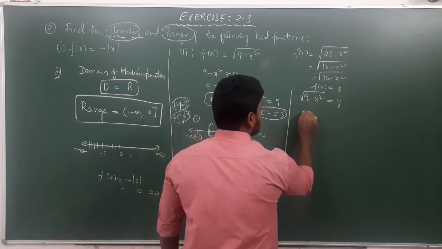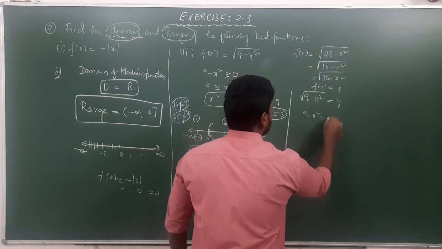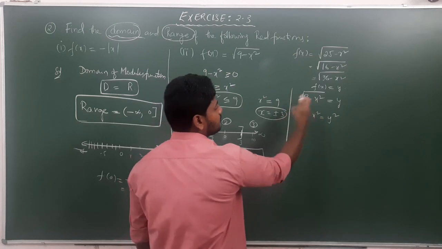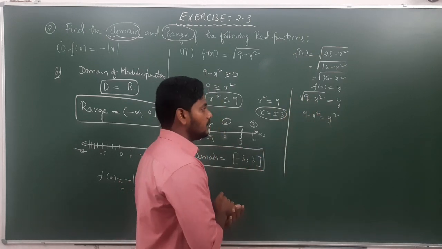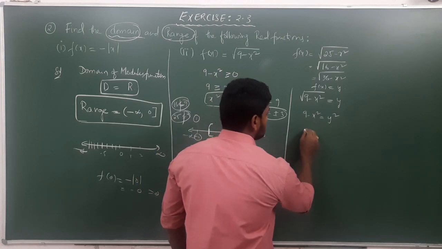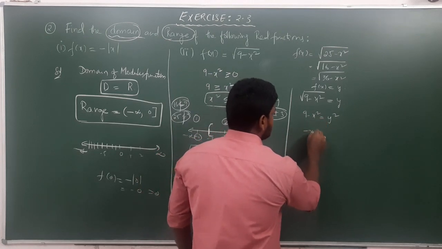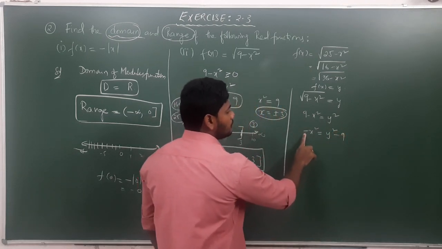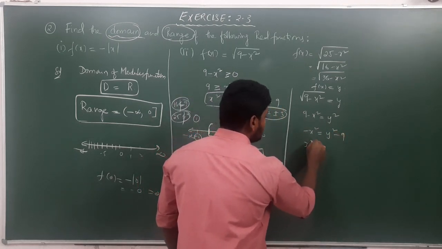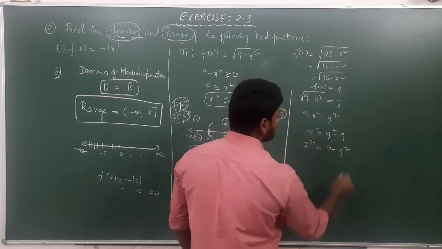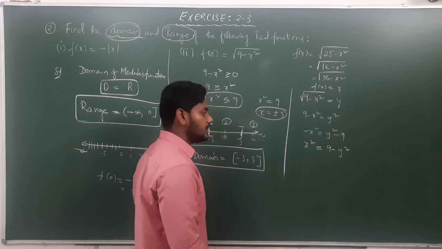you send that side: 9 minus x square equal to y square. The square root will become y square. Now this 9 I will also send: minus x square equal to y square minus 9. If you multiply by minus on both sides, it will become x square equal to 9 minus y square. X square equal to 9 minus y square we can write. Now